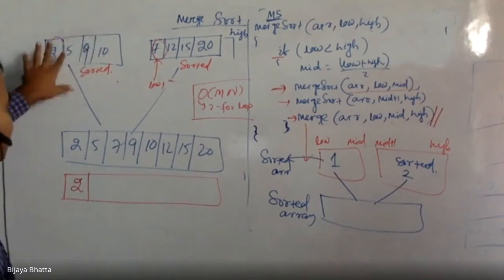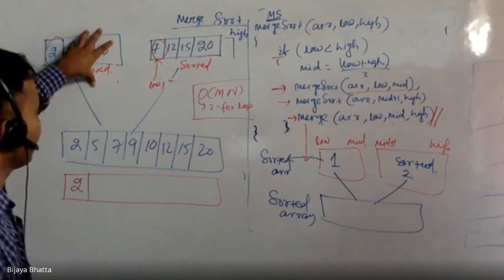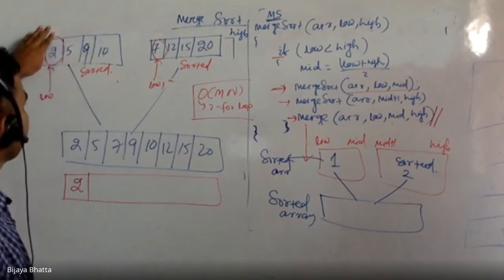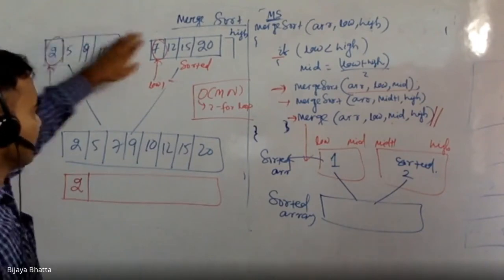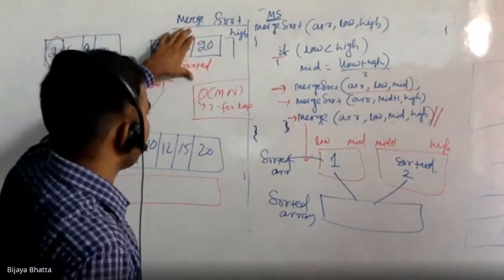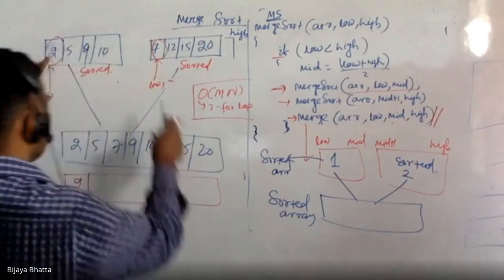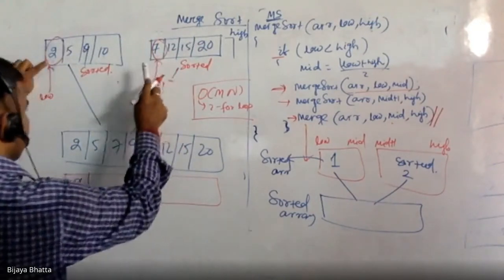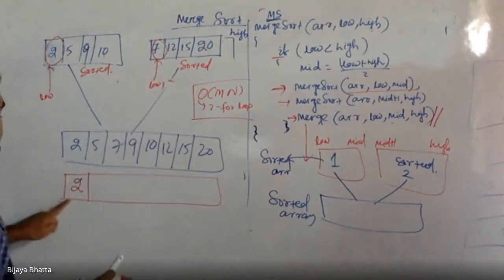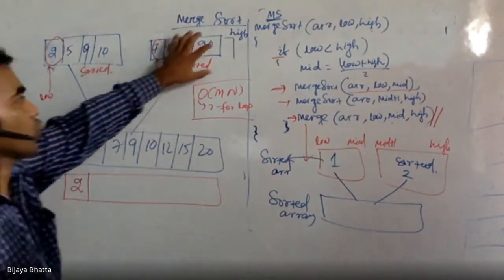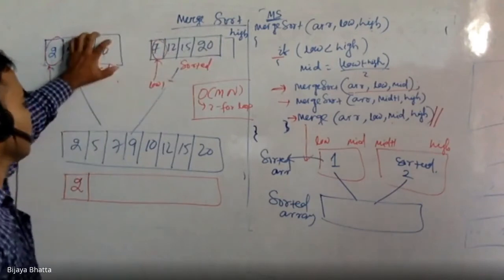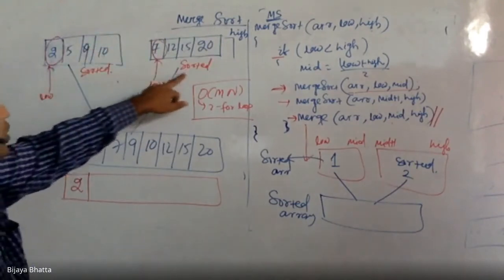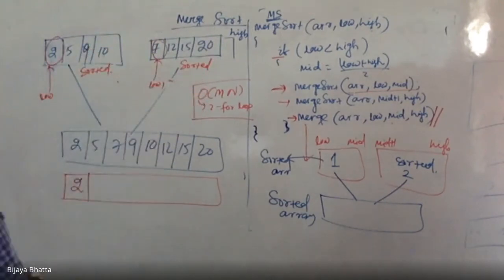That means the smallest element of this particular array, or a subarray, I can say, must be present in the beginning. The smallest element of this particular subarray must be present in the beginning. So if I somehow can compare who is the smallest between these two, then I see 2 is the smallest, so that's why I'll just put it here. I don't need to search all the elements. So who is the smallest? Because this is already sorted, I don't need to do it, right? So just try to see it.